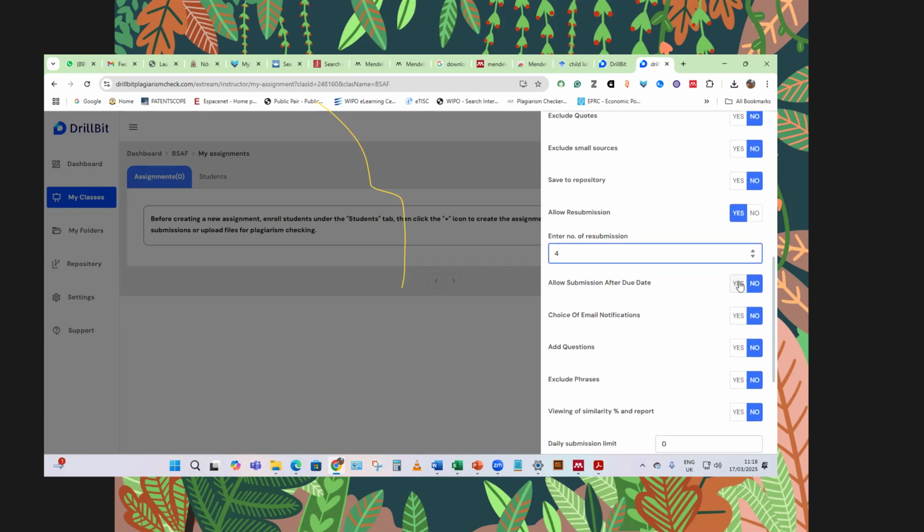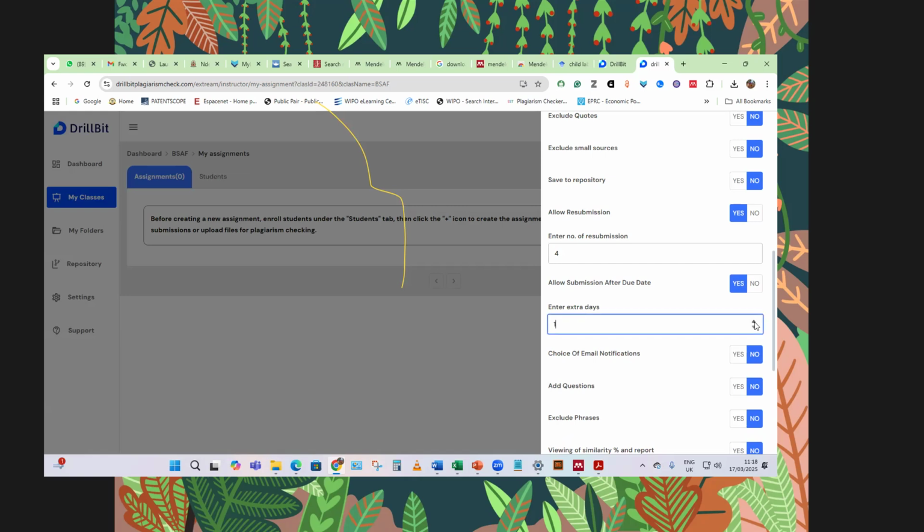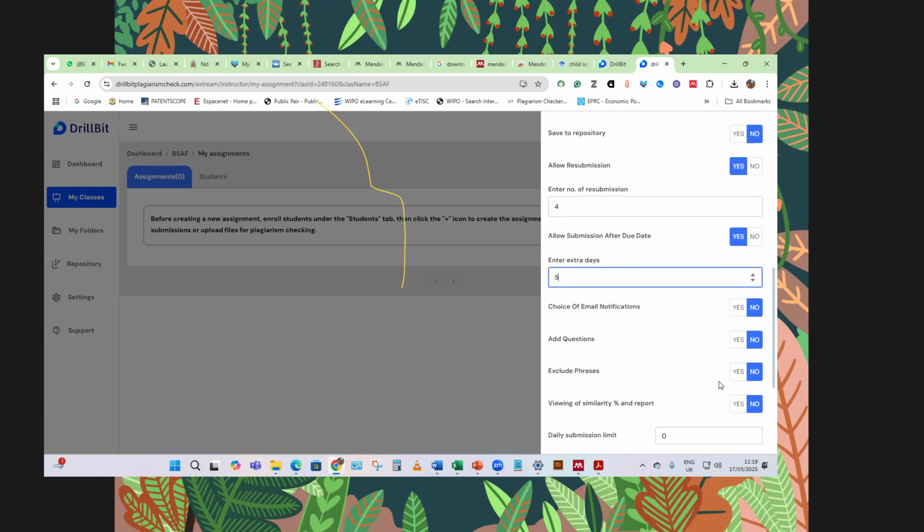Allow submission after due date. This is very dangerous unless you are dealing with maybe PhD students who have discipline, though sometimes some also don't have discipline. So it may depend. For undergraduate, it's very dangerous to allow them to submit after the due date. Now, why did you set it? If they are PhD students or master's students, some classes are disciplined, they may have genuine reasons why they are submitting late, you can allow. And then you say after the due date, maybe 5 days, be allowed. But you have to be careful on this,